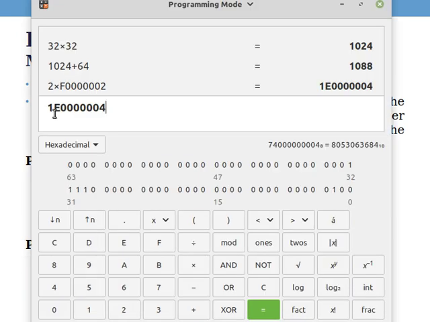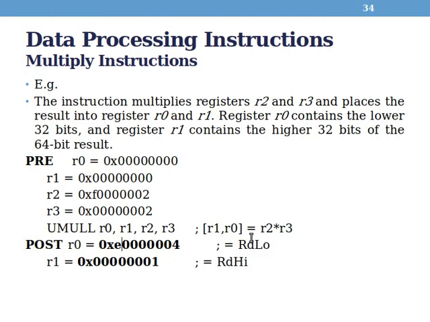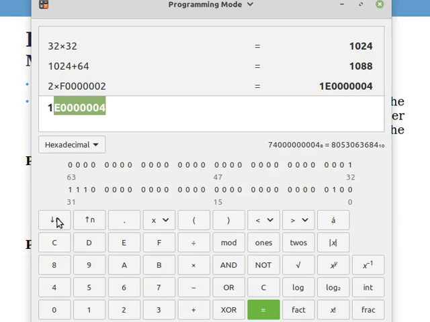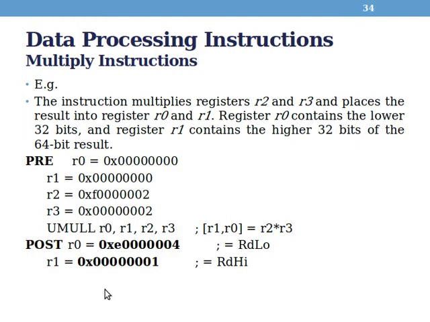The result here, E0000004, will be held in the lower destination register, that is R0, and the higher part, which is 1, is held in the higher destination register. I hope this is clear, no doubts in this.